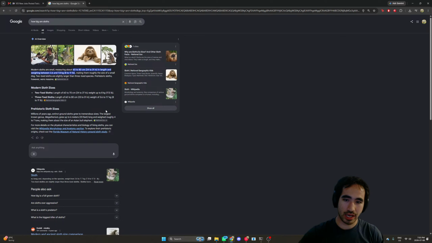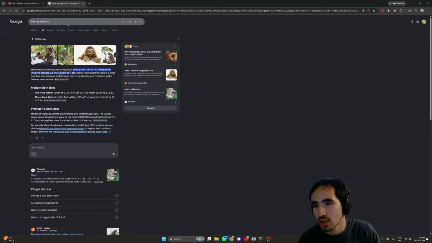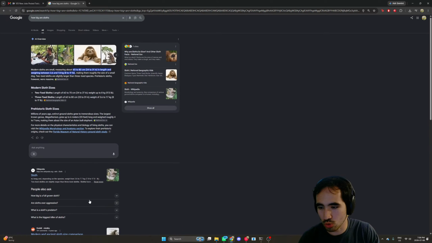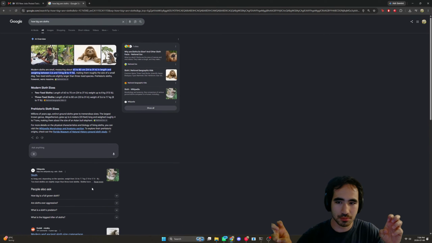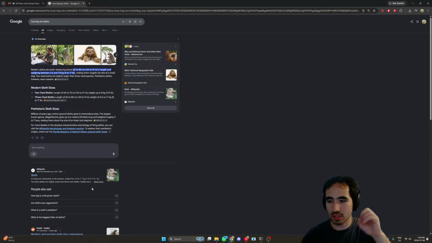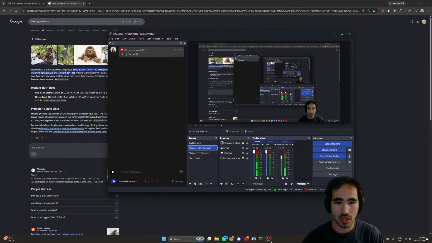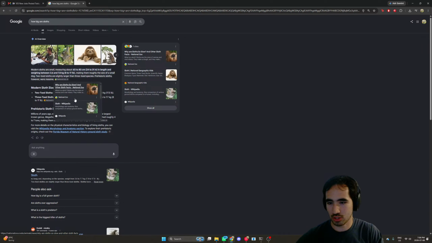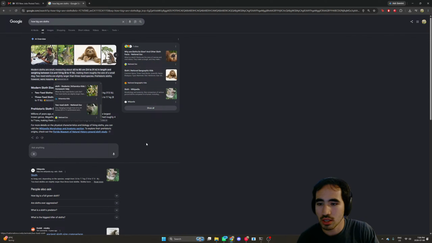The way it does this is with RAG. It's called Retrieval-Augmented Generation. What Google basically does here is you do a search, it puts the main results, the main web pages, into what's called a vector database, and then when you're asking the question, it looks in that vector database for the answers or documents most similar to the question you're asking. It's then gonna pull, let's say, 3, 4, 5 of those, and then it's going to be able to reference them in its answer like it's doing here. It's going to be able to pull some references.